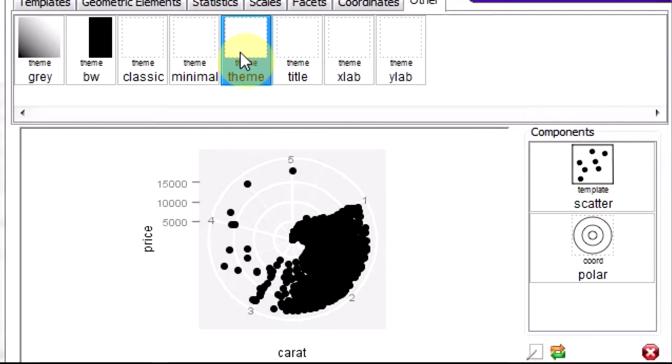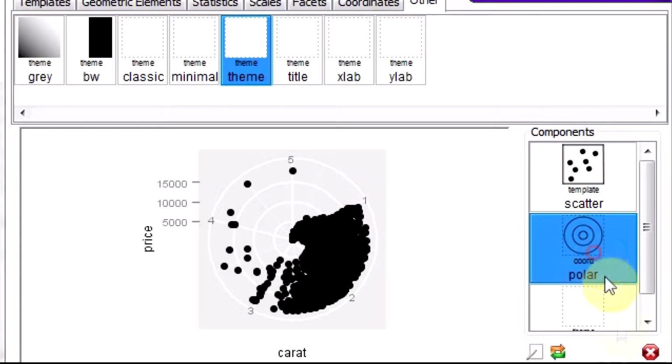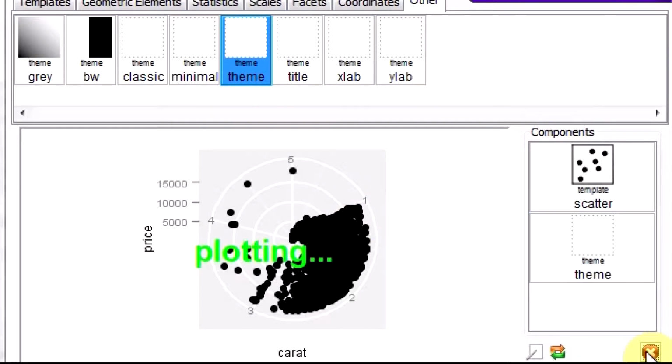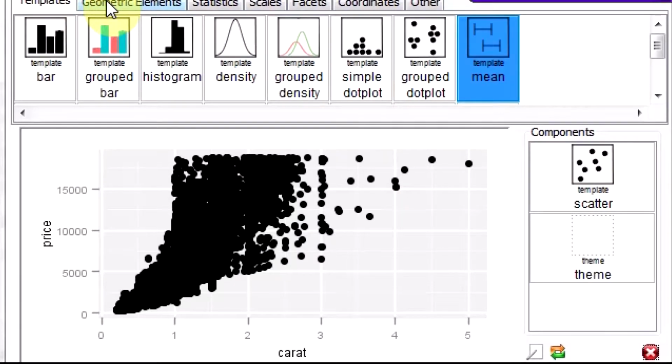You can change the theme. Why is this so easy to do? Because these are just layers on top of each other.